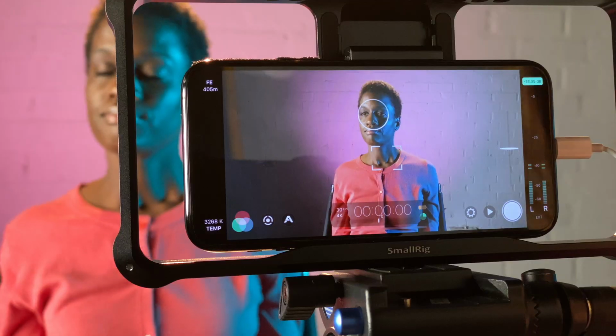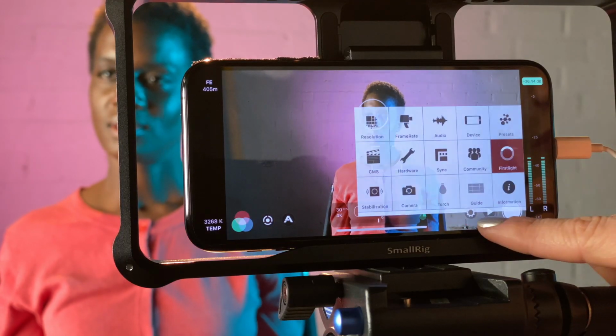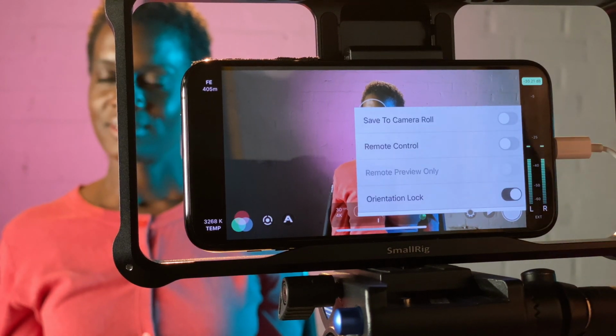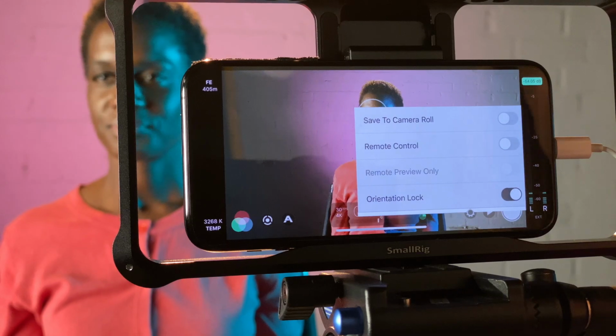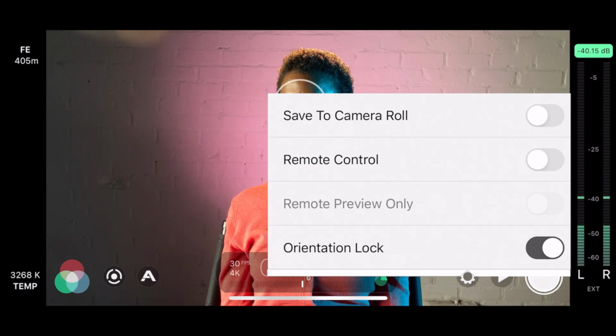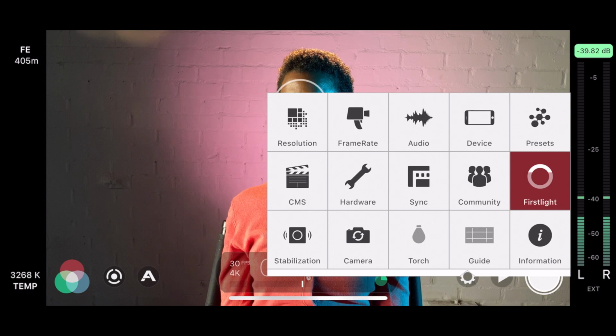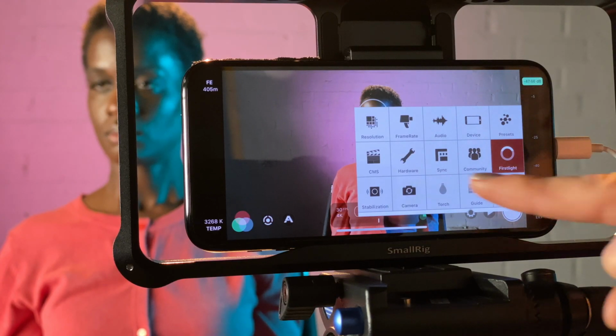Next, we're going to cover a topic that some folks might say isn't super sexy, but it will save you a ton of time in post: content management and metadata. First, open Settings and then your device option. Make sure the toggle for Save to Camera Roll is turned off. If this switch is turned on, FilmicPro will automatically save all of your files into your phone's native Photos app. So, for best media management, make sure this is off and tap out of the menu and open the Content